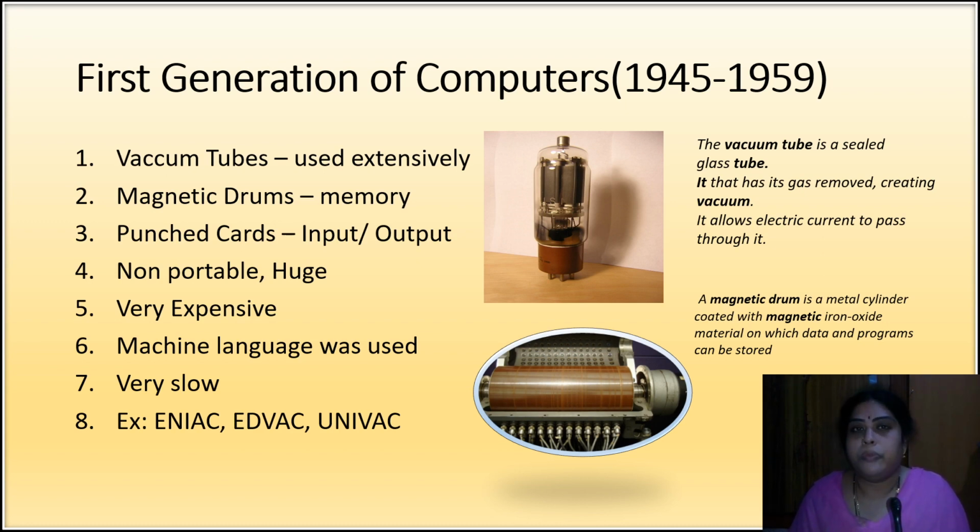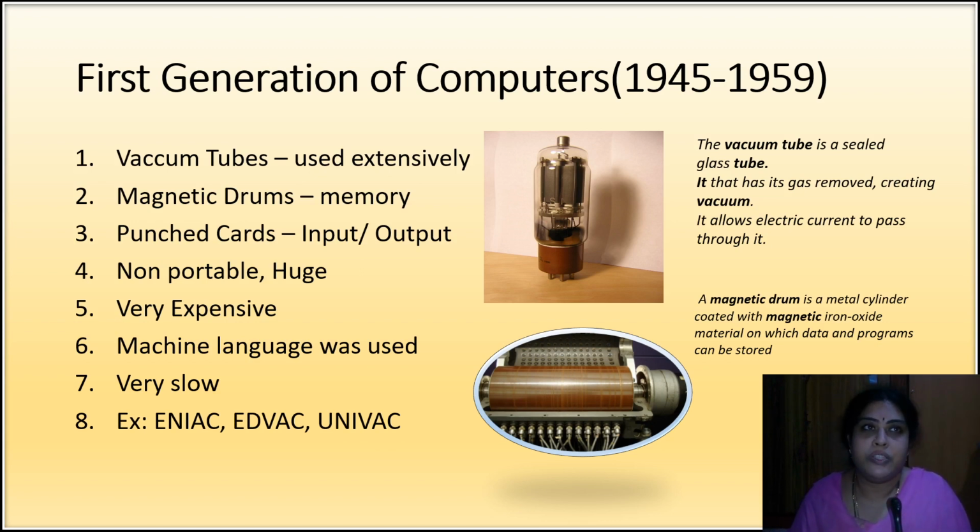And low level languages or machine languages were used during this time. What do you mean by low level languages? Since it was just made up of electronic circuitry, the input and output were done on punch cards, and this low level language was just zeros and ones. That is, only on and off was coded in these systems. So it was very difficult when you are coding in ones and zeros, because it was very difficult to find errors in this particular language, and it was very slow.